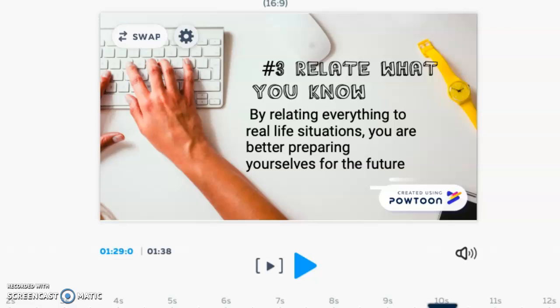I want to make sure that my students are relating everything we teach and learn in class to their everyday lives, because there's no point in learning any of this information if they aren't able to use it later on in life. And I think that's very important, and it helps prepare them for their future in college, high school, and everyday lives, no matter the path they end up taking.